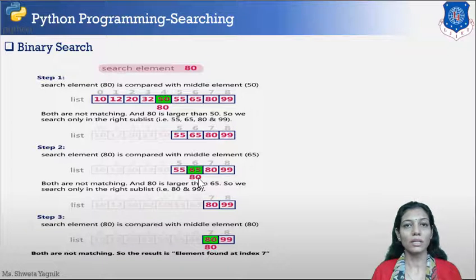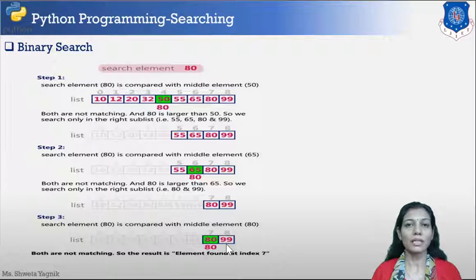Again the value will be compared. If it is greater than, we'll be searching into the right sublist. So our upper will remain the same, but the lower will be updated to 7. Our search space is the right sublist, having 7 and 8 as index locations. Again it will be divided into 2 and the middle element will be found. We keep on searching until the list is left with a single element. That will be our termination condition.